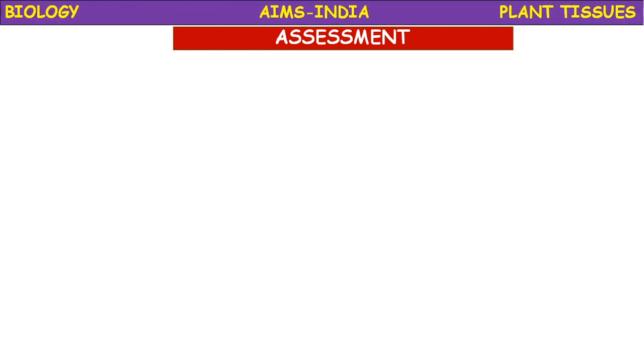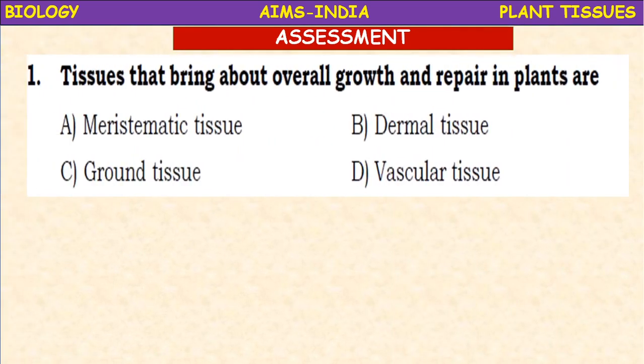So let us go for the assessment. The total worksheet, we will do this assessment in two videos. This is the first assessment. You have to answer, or if not possible, you can note down the question. Slowly we can deal and write the answer in the form of a one-word answer. No need of taking four options.